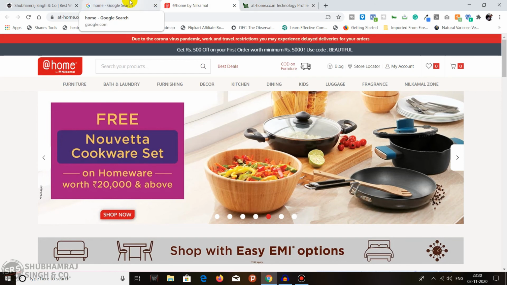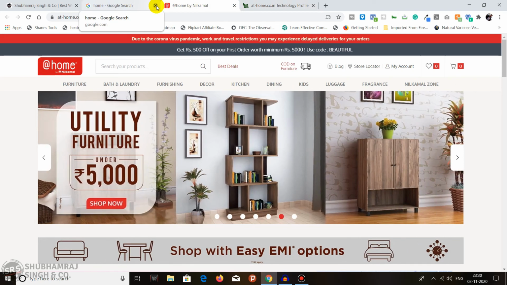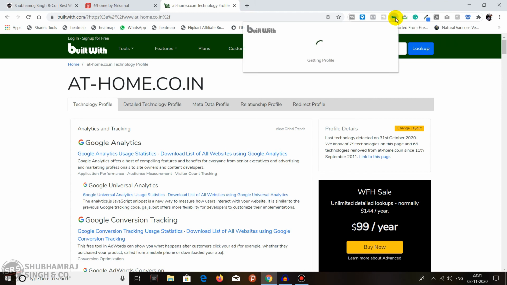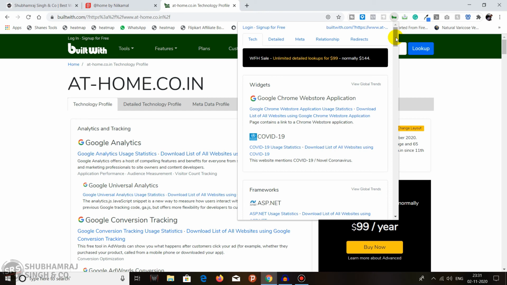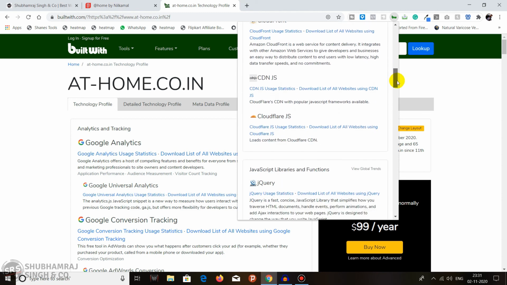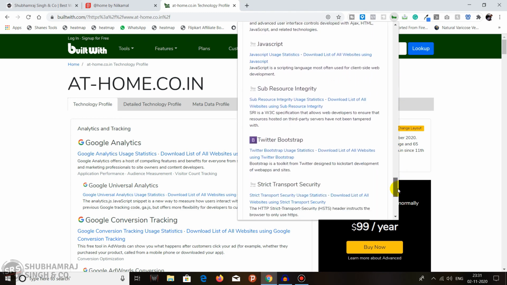There is one more thing: there is also a plugin for BuiltWith. This is a website, and I also have a plugin. If I use it on the builtwith.com website, let's see what pops out. Okay, I thought they had just disabled it.